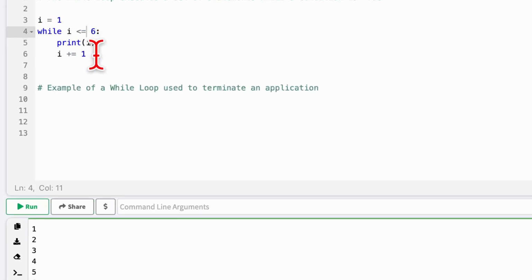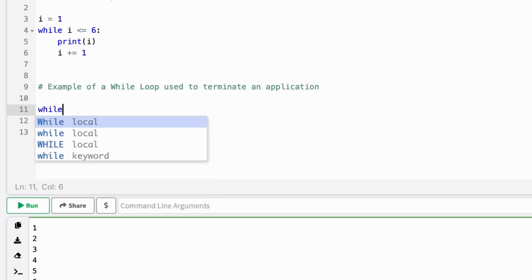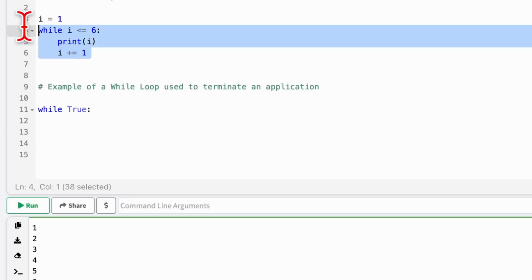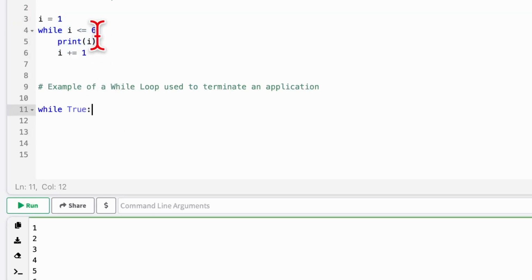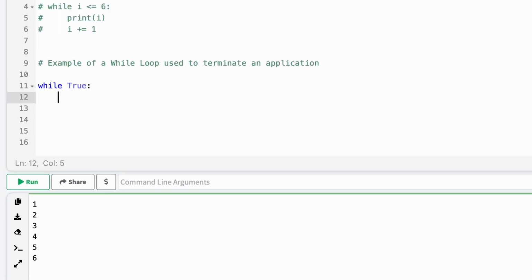Okay, very simple example. Let's show a more common and somewhat complicated example. And this is the while loop being used to terminate an application, and we're going to reuse this code, but before we do that, let's set up our while loop, and we can start with while True. Now while the condition is true, the code is going to execute. Okay, so let's put our code here. I'm going to copy that and I'm going to comment this out so it won't execute twice. So while this is true,